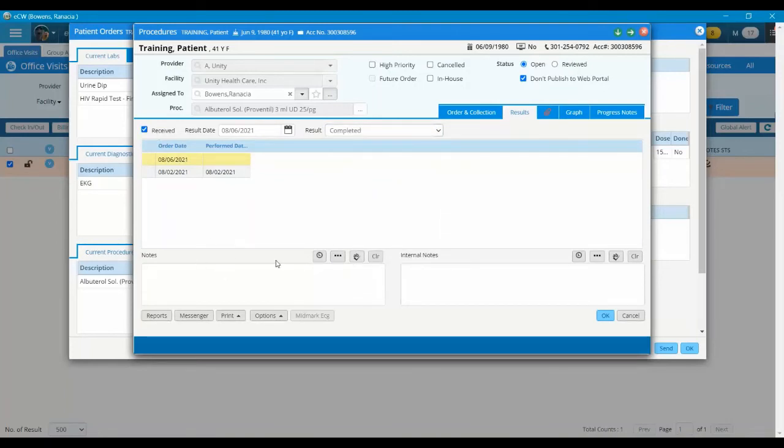Then we're going to jump down to this notes box here where we're going to timestamp and enter our actual note. So what did we actually do today? If you're unsure how to document a note like this, please consult your nurse or one of the senior MAs or your nursing leadership. For now, I'm going to go ahead and enter my note, which is going to include